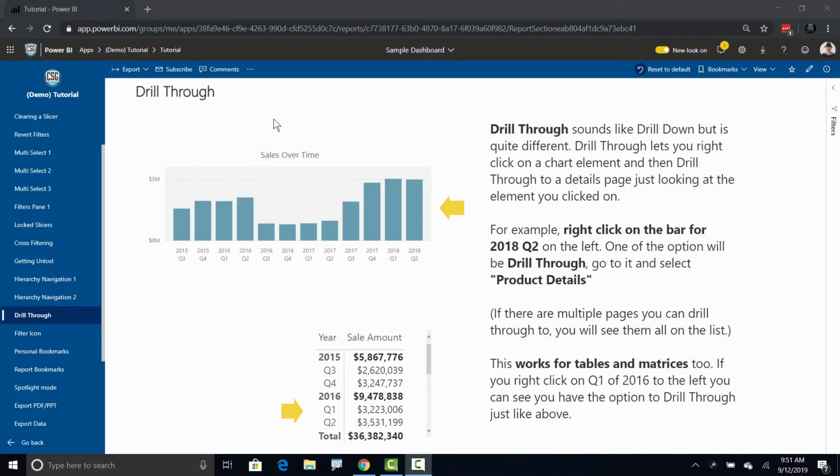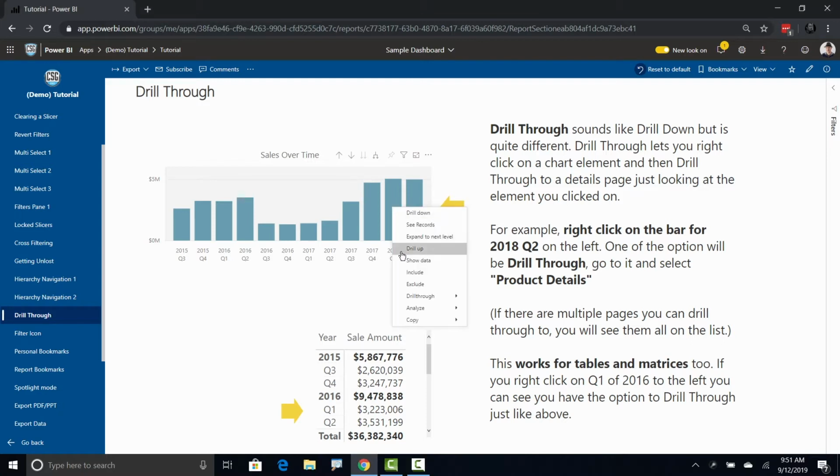So we're starting off here in a pretty basic report, and right now I've got sales over time broken down by quarter. If I hover over any of these quarters, like Q1 of 2018, in the tooltip you'll see it says right-click to drill through. So on this particular column of this column chart, if I right-click on it, and I come down here